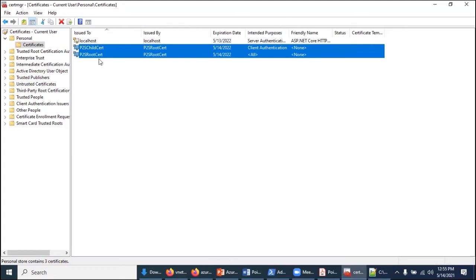Normally the certificate will be created from some server, from the server side, some machine, so that the end user will receive only the child certificate. But since this is our POC, we want to simulate the same scenario. We are creating from our machine. In the same machine, we are going to install the child certificate and we are going to test this functionality.